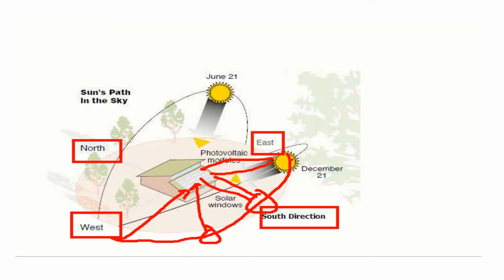So early in the morning when the sun starts shining, maybe 6 o'clock, 7 o'clock, depending on the season, and in the evening when the sun is setting, at that time we are going to get light in a very minimal way because it is always inclined. But during this period our sunlight is at maximum. So that's why we have to install our solar panel accordingly.